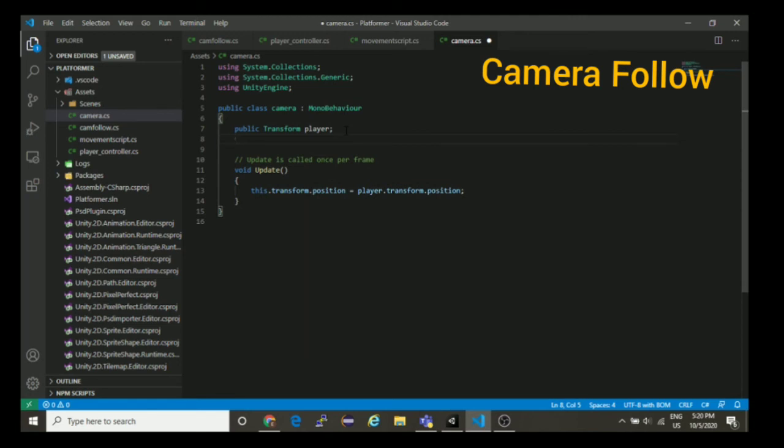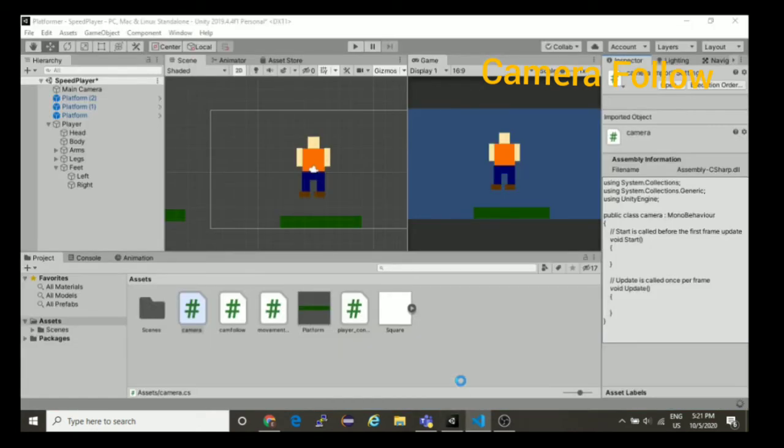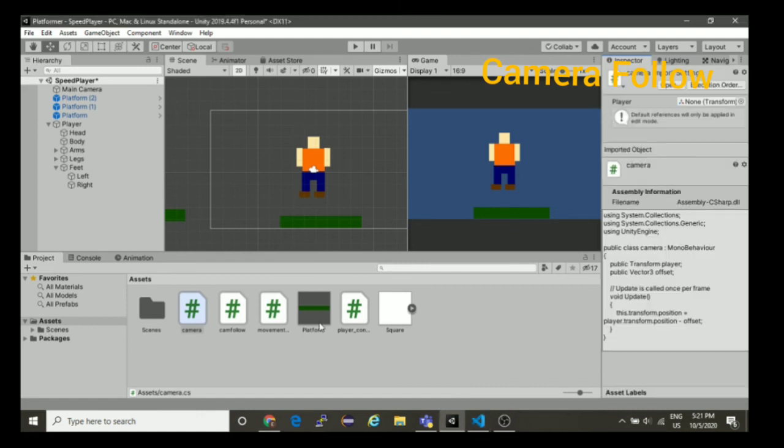So to give you more freedom to control the camera, let's make a public Vector3 offset, and let's say here minus offset. This will basically subtract the offset that our camera has. Let's wait for the script to load. It works perfectly nice. And let's go in our main camera,